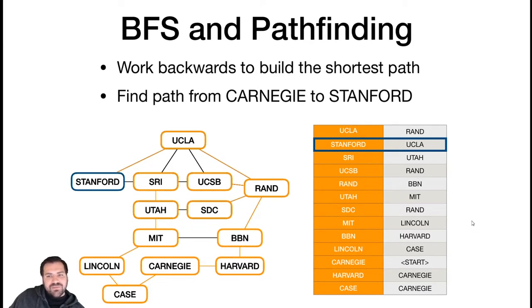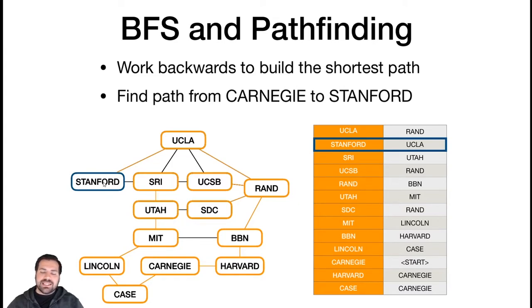So we want to actually find that path that we need to take to get from Carnegie to some node. I'm just going to pick an arbitrary node. I'm going to pick the longest path because it's the most interesting, and find our path that we should take to be able to navigate that. So I'm going to start at the end of my path and build this thing backwards. So I'm going to take each step looking at my data structure and build this path one edge at a time. So from Stanford,